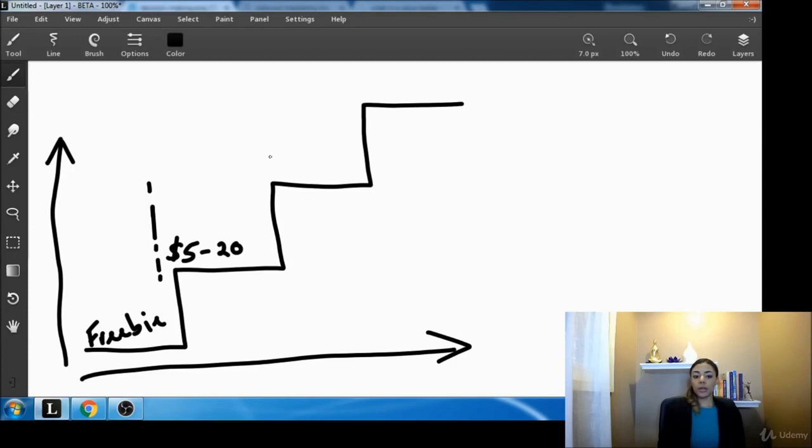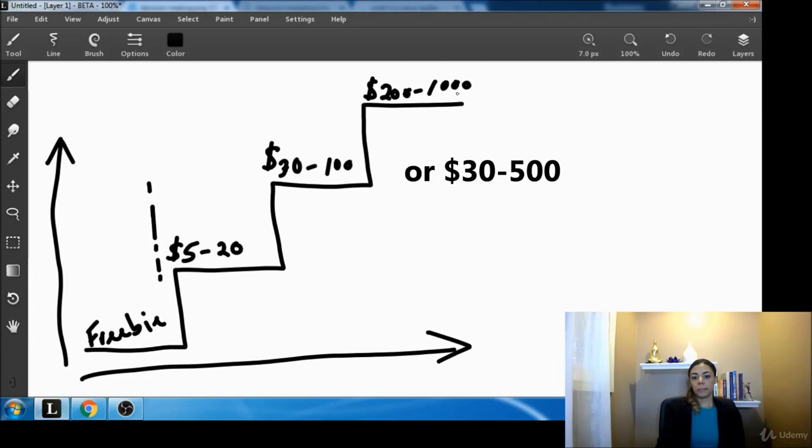Now, moving on from here, you're going to have something that's, let's say, $30 to $100. And then we're going to move up from there, say $200 to $1,000. And then you can keep moving up,